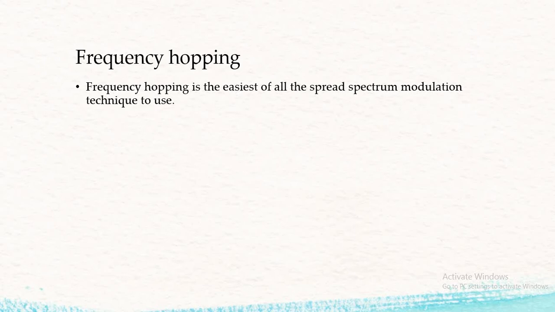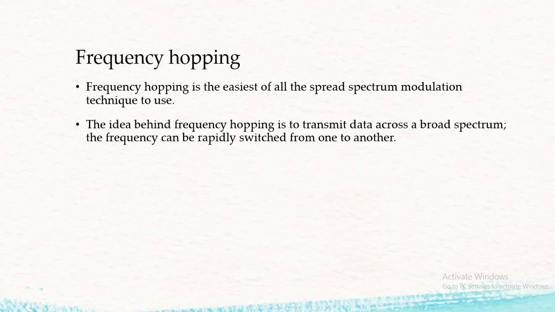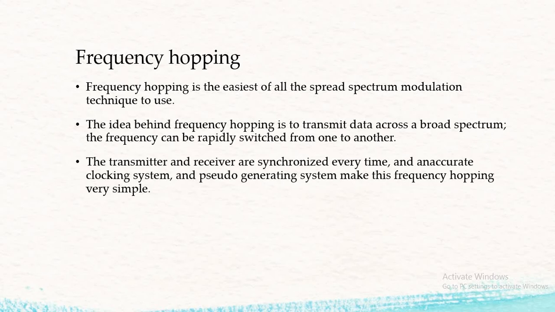Frequency hopping, the second type of technique. So what does frequency hopping basically mean? Frequency hopping is the easiest of all the spread spectrum modulation techniques to use. The idea behind frequency hopping is to transmit data across a broad spectrum. The frequency can be rapidly switched from one point to another. The transmitter and receiver are synchronized every time, and an accurate clocking system and a pseudo-random generating system make this